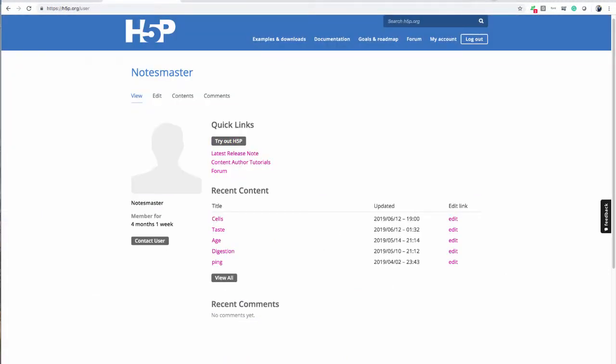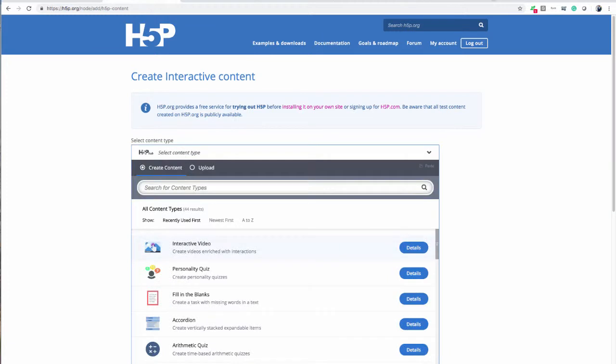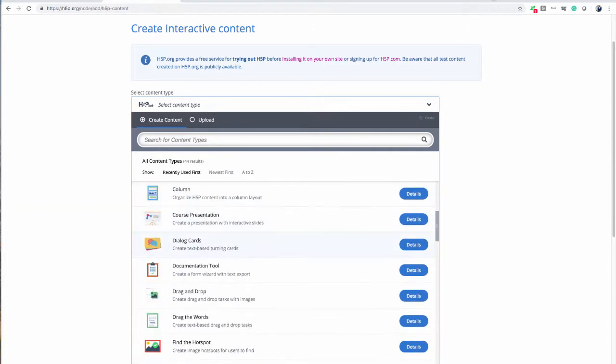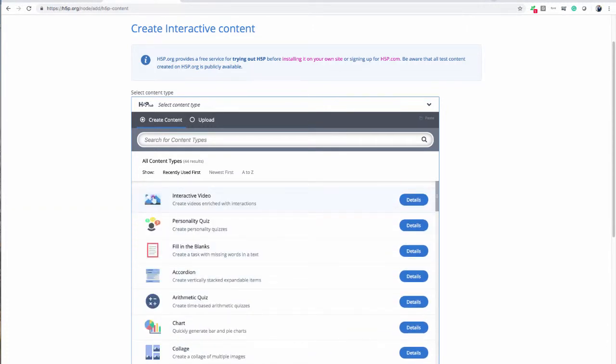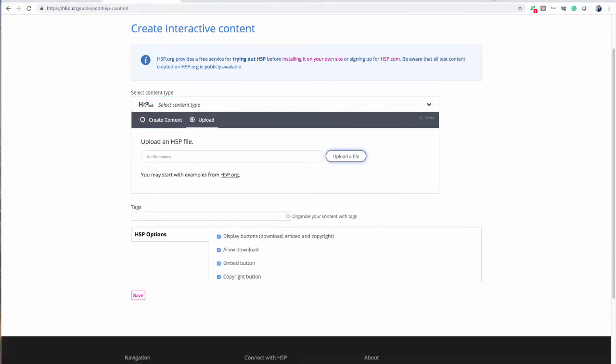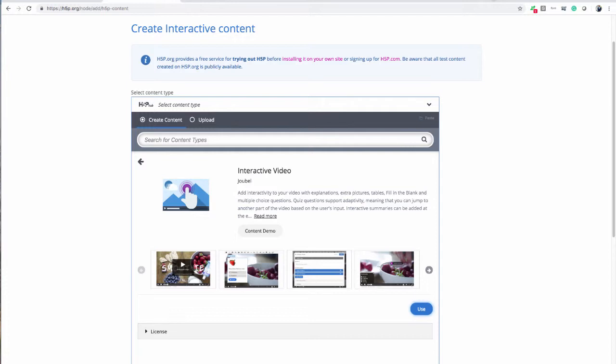So try it out. Click on it, and you get a set of content, recently shown first or newest first, whichever. And these are the activities. I'll give you a little explanation underneath. Create videos enriched with interactions. And you click details, and you get a choice. You can click upload, if you have an H5P file already, you can upload it. Or if you want to create, let's start from scratch. Okay, click use,